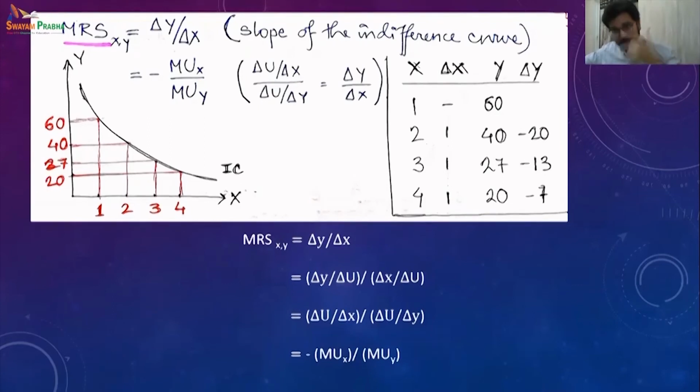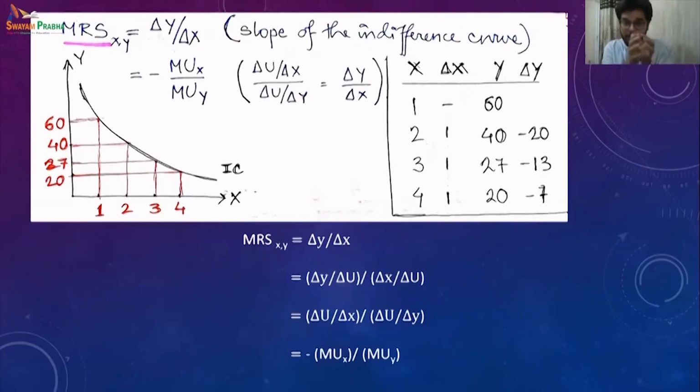Now I want another unit of X. How many am I sacrificing? From 40 to 27, 13. Now for another unit of X, from 3 to 4, 27 comes down, so I'm sacrificing 7. But why is it decreasing? Similarly, as I was having only one X, now I am having 4 X's, so many X's. So my satisfaction from X is also decreasing. My Y is now decreasing in number. From 60 it has come down to 27 and then 20. So I do not have much Y.